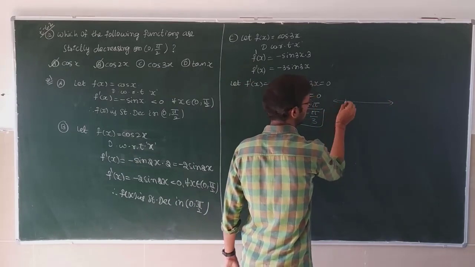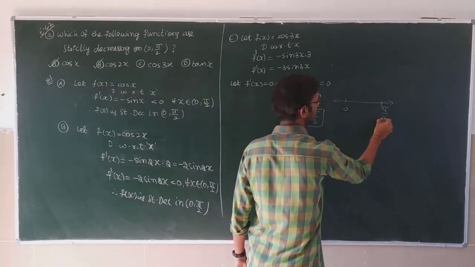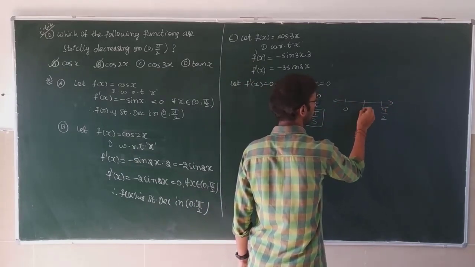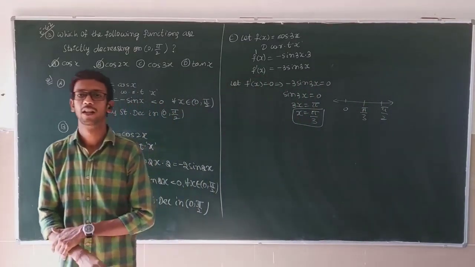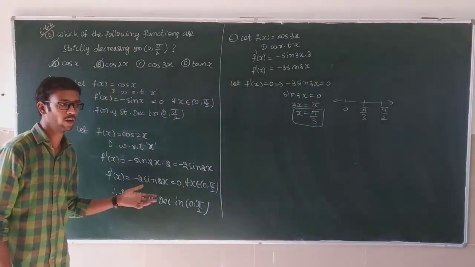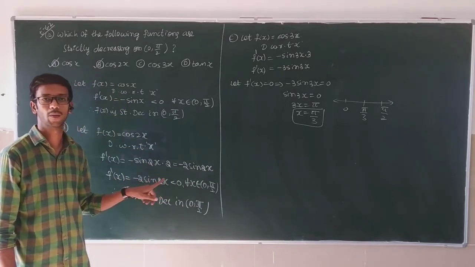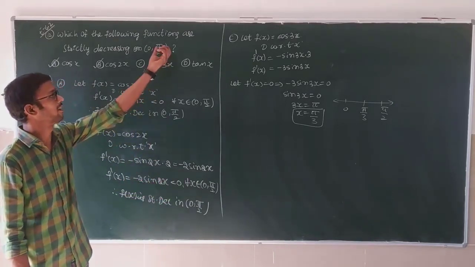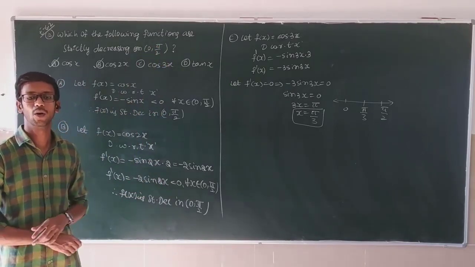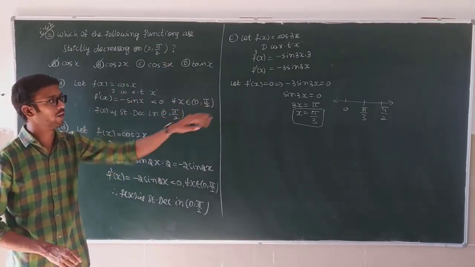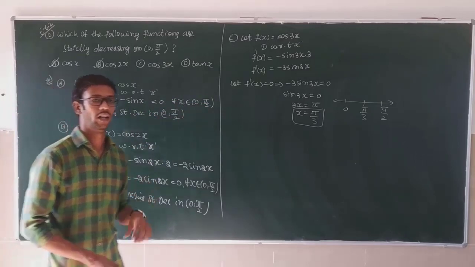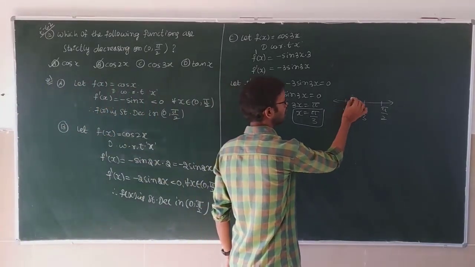So the interval is 0 to pi by 2, and pi by 3 lies in it. Sir, why not taking the other one here, sir? If we take that one also, 2x is equal to pi, x is equal to pi by 2. Again the same point you will get, so no use of that one. But this position, equal to 0, you have to take compulsorily. This is the first part.